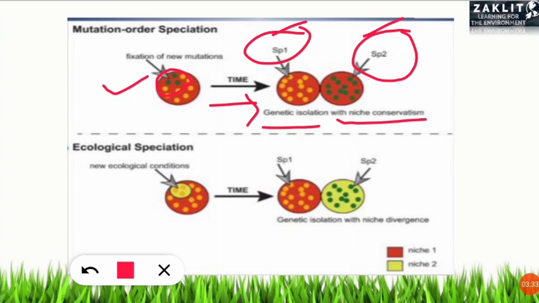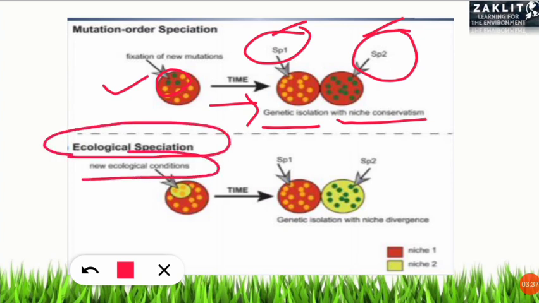Next thing is ecological speciation. इकोलॉजिकल स्पेशिएशन क्या होता है? जबकि नया ecological condition होता है. Ecological condition मतलब उसका physical parameter हो सकता है, environment का characteristic होता है, not all the time the mutation in the gene. So that results in the formation of two species or more, that is called as ecological speciation. So ये जीन में होता है और ये mostly ecological speciation उसके अंदर जीन भी आएगा बट environmental condition भी